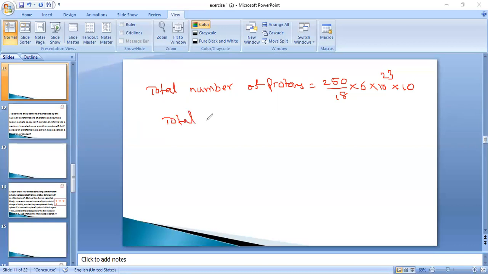So if these many number of protons are there, and if each proton is having charge 1.6 into 10 power minus 19, then total charge is the product of this total number of protons into 1.6 into 10 power minus 19. And finally, this particular value will be